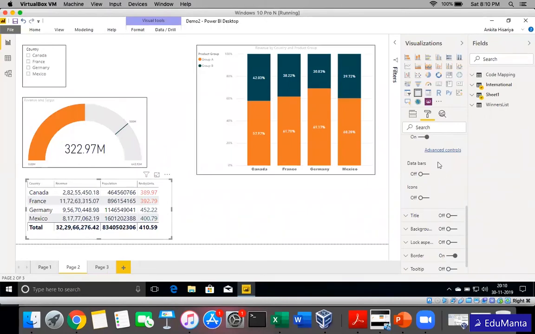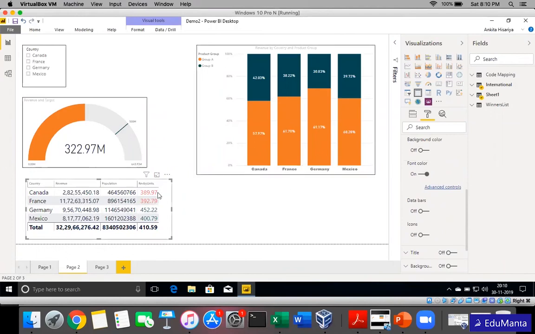The same thing could have been applied to background also, or you want a different background. For example, for the cases you are highlighting the red font color, you want a background to be yellow or blue or something, and for green you want something else. So font can be there. In addition, you can apply a background color also conditionally. So it doesn't mean only you can apply for one of the cases.